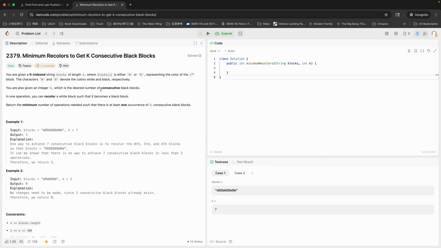So today's problem is minimum recolors to get k consecutive black blocks. We were given a 0-indexed string blocks of length n, where blocks[i] is either W or B, representing the color of that block. So W and B represent white and black. And you are also given an integer k, which is the desired number of consecutive black blocks. In one operation, you can recolor a white block such that it becomes a black block. So this is a flipping operation. Return the minimum number of operations needed such that there is at least one occurrence of k consecutive